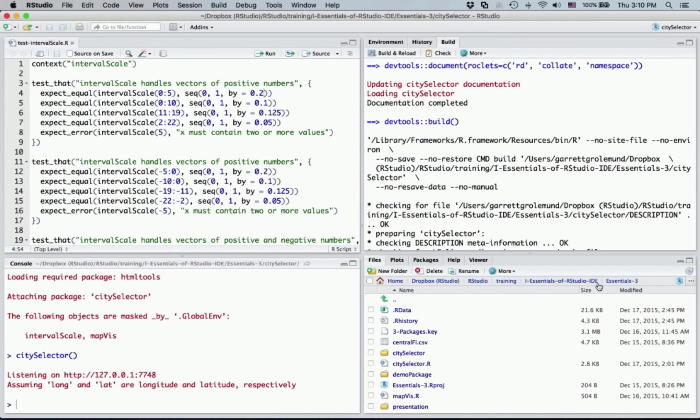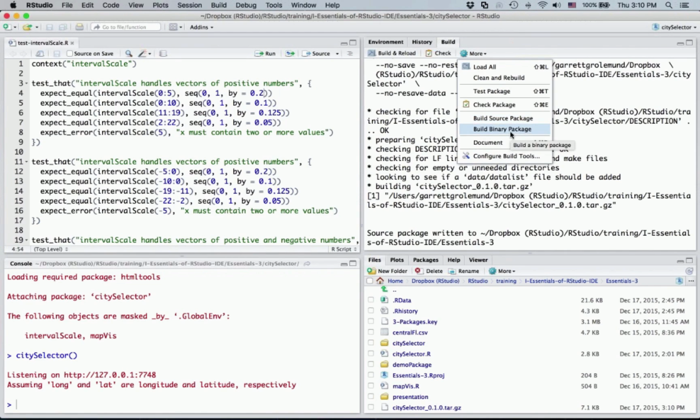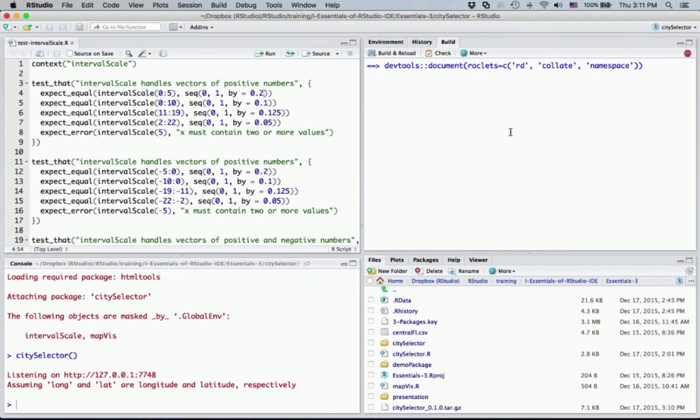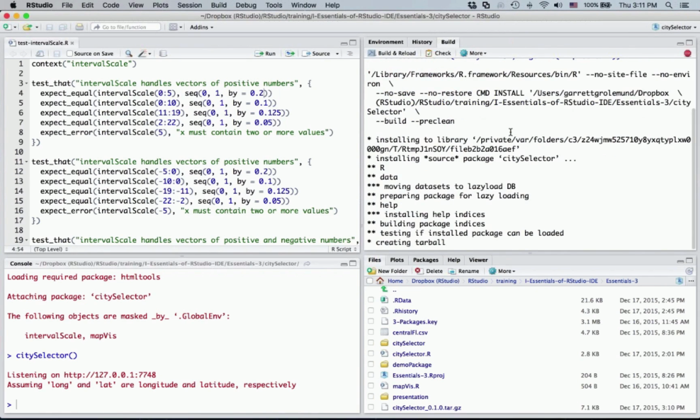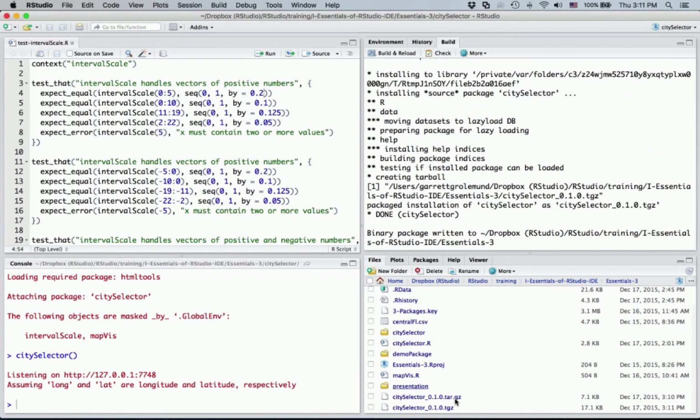Clicking Build, More, Build Source, RStudio is going to build that package for you, and it's going to save it in your directory. Here it is down here. This is the saved file. So I could email this to someone and they could install it from the command line with R CMD INSTALL. And then I could do something similar with Build Binary Package, which would actually compile code and optimize the package if I had compiled code in there for my operating system. So this would be the binary for Mac OS. Now this is saved down here too,